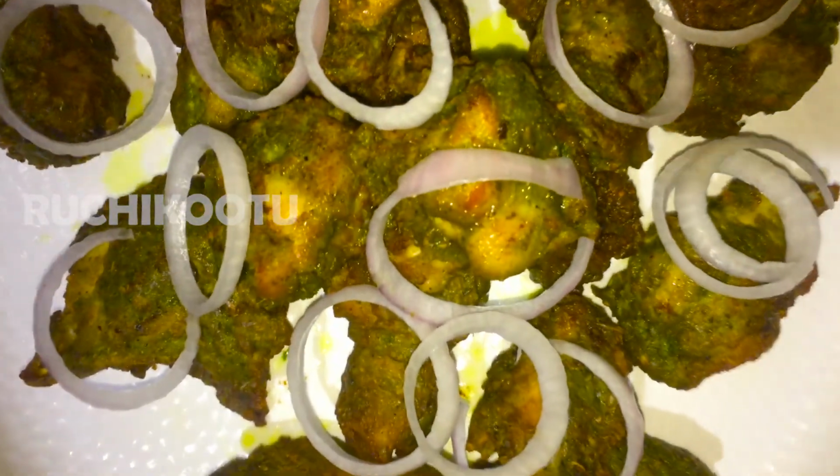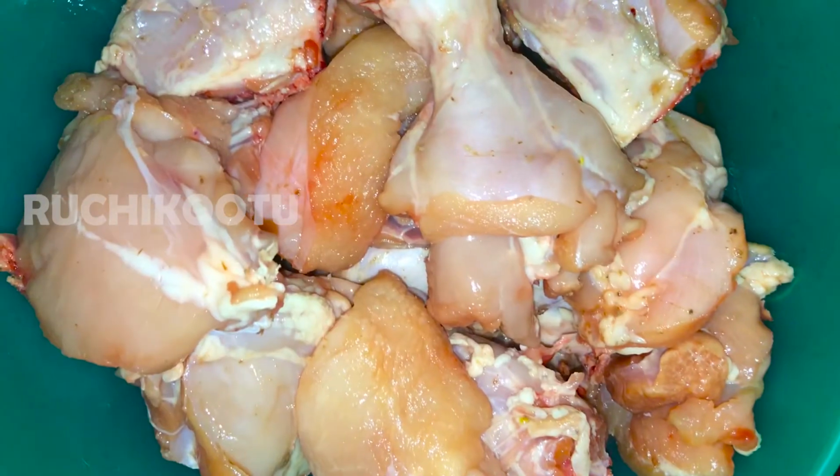Today we'll learn how to prepare some lip-smacking green chili chicken fry. And for this, we'll need 500 grams of chicken,